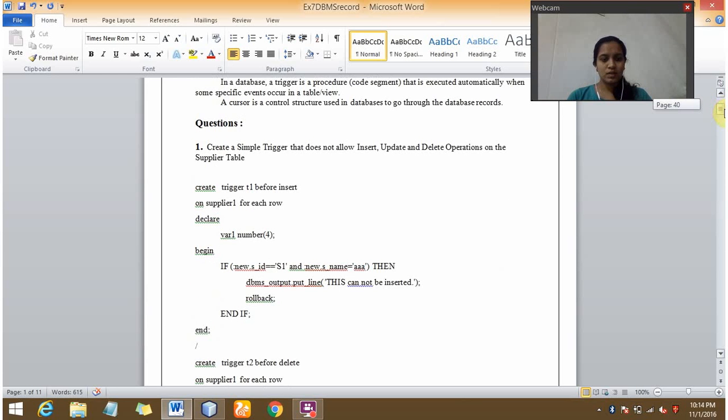The first question is create a simple trigger that does not allow insert, update and delete operations. The query for the values not to get inserted is create trigger name before insert on supplier 1 for each row. Declare variable 1 number of size 4 begin if :new.s_id == s1 and :new.s_name = 'aaa', then dbms_output.put_line